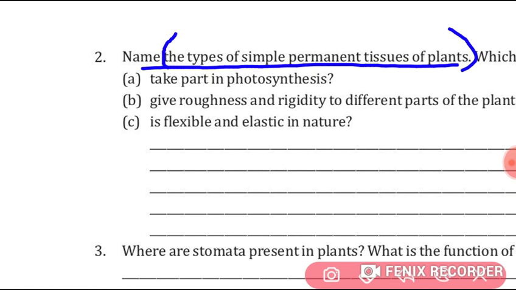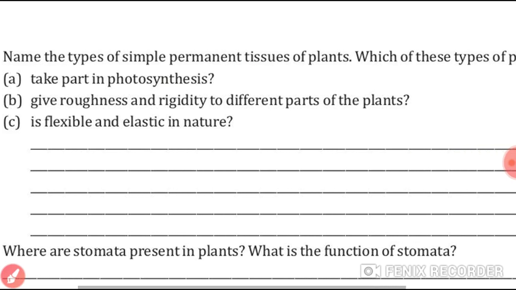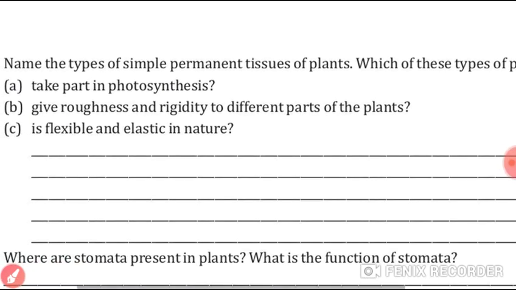Parenchyma, put comma there now, collenchyma, and sclerenchyma. Okay, students. Now we will continue our question that which part of these types of plant tissues first